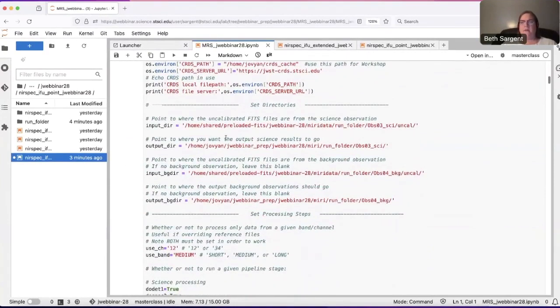definition of paths. Here are where the data is, both the input and output directories for each of the two observations within the program, observation 3, which is the science data, and observation 4, the dedicated background data. Both input, where the underscore uncal.fits data is located. That's the raw data that is the input for the stage 1 part of the pipeline. So specifying where that input data is, and then specifying where the output data from each part of the pipeline